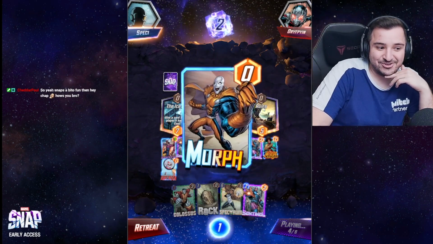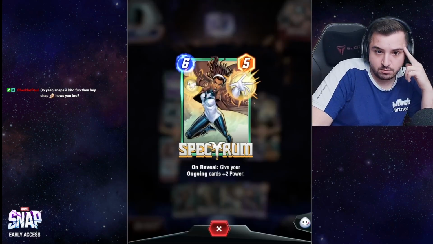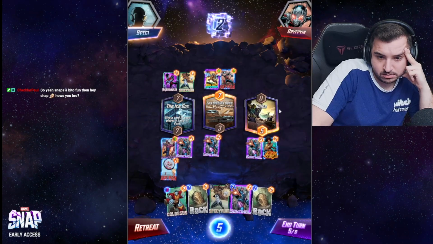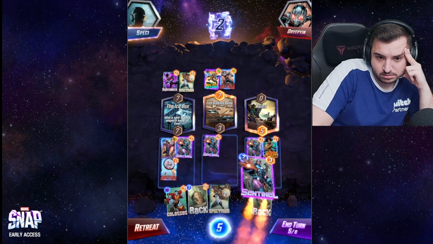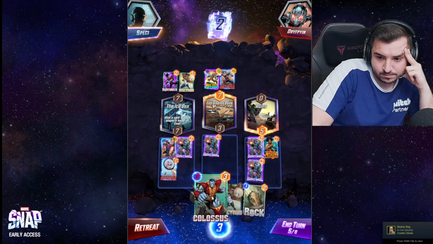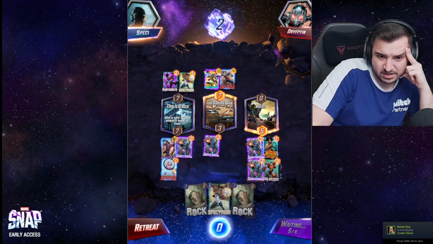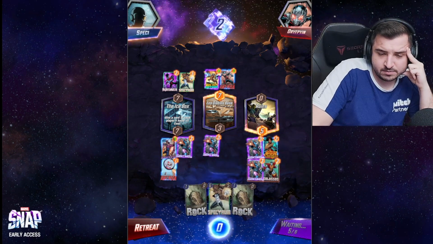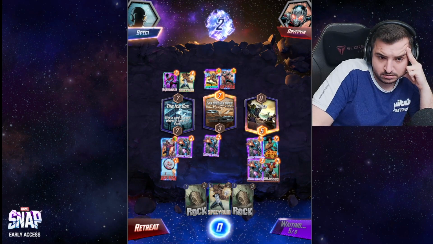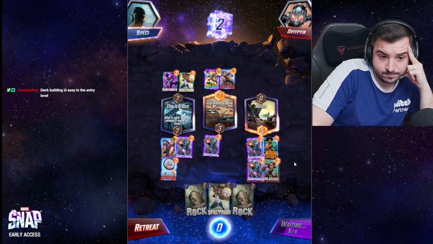You enjoying it? Let's go, man. They just morphed into Spectrum. Oh god. Yeah, there are those rocks that I talked about. I think just don't commit mid, because they have Antman, they're very likely to play cards mid here. Doesn't look good for us, but...